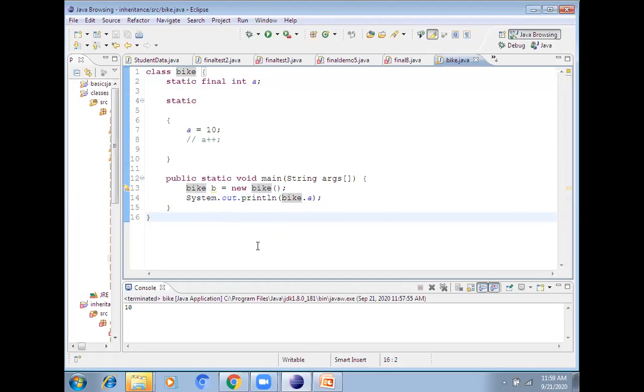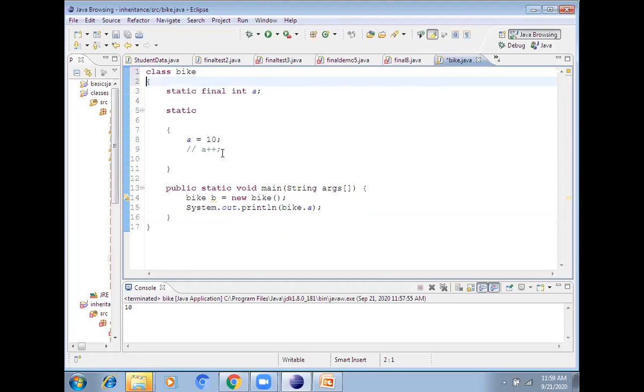So I gave this example to give some awareness about static blank final variables. What are static blank final variables? You are not initializing at the time of declaration. Initialization can be done inside the static block. Just as you have initialized inside a constructor, you can initialize inside a static block also. So with the static keyword, you make a block, and inside that you can assign the value. So this is also a valid syntax.